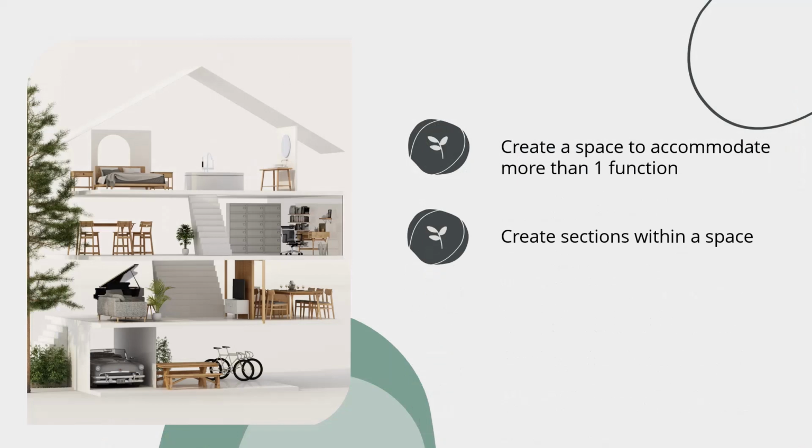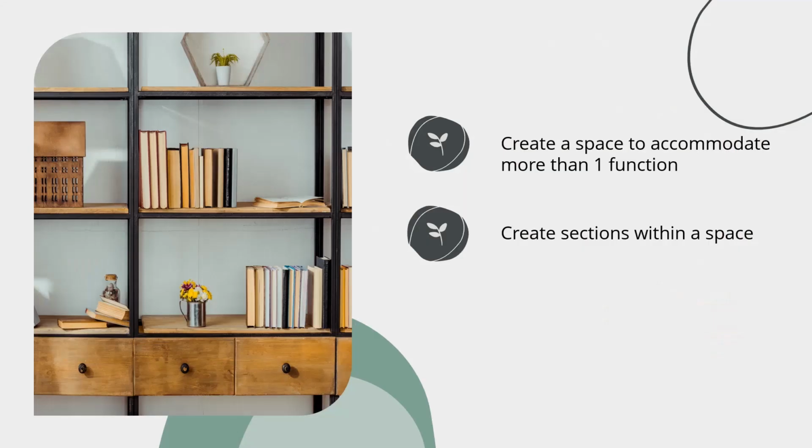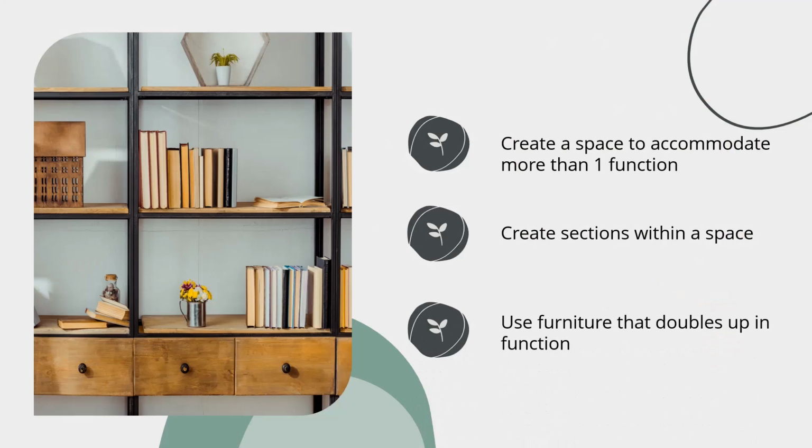Step number 2, sectionalize. Sectionalizing a space is key and very important when it comes to versatility. Create areas that have more than one function, for example, a kids' room that doubles up as a homework or playroom. And lastly, your last tip, use clever ideas for rooms to fill up for more functions while still maintaining design